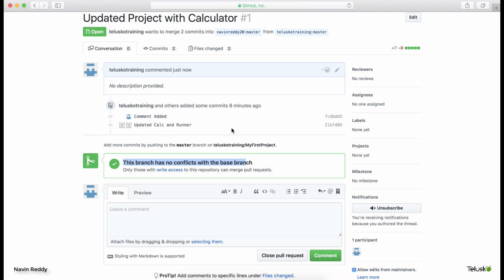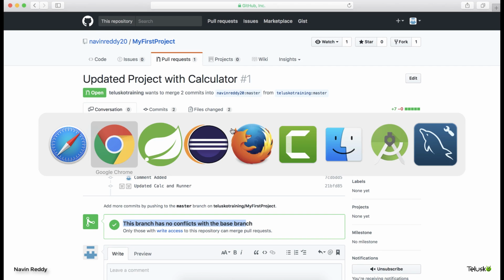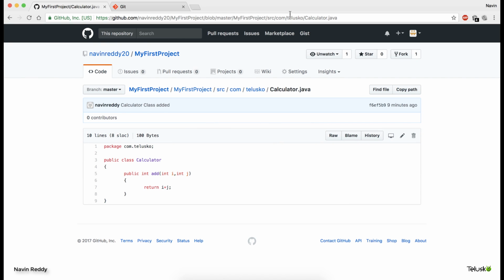It is updated. Now, okay, I have sent the request from here, right? If I go back to my Chrome and if I refresh, hopefully it will be there. Oh, it's still not there. What is happening? We have sent the request, right? Oh, mind you, we have only sent a request. We have not accepted the request yet.